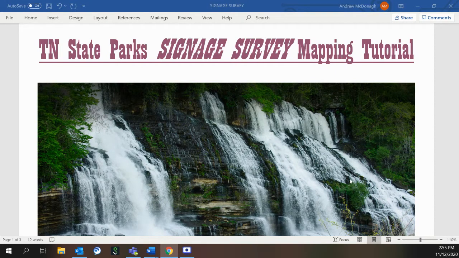Today, we're going to go over the signage survey that was sent out to you to collect park signs for visitors getting to the parks. This signage survey is accessed through Survey 123. You can download it in the App Store, or you can use the browser. The link that I'm going to open is the one that was provided in the email that was sent to you. Clicking on that link will bring us to